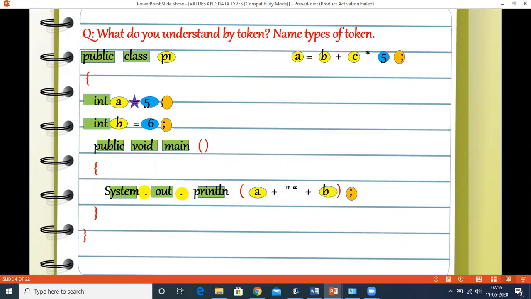In red, you can see the curly braces, the round bracket. Now these are called as my separators. Then I have plus. These are called as my operators. The dot is called as my punctuator. So you can see this is a Java program where you can see different types of tokens are there about which you will be learning in detail in this video.